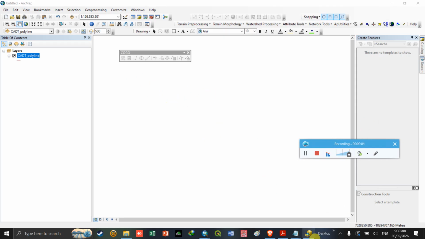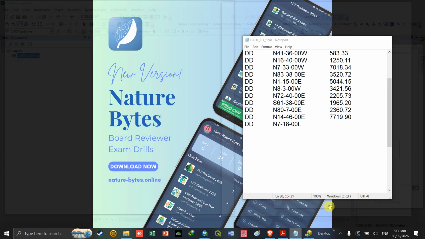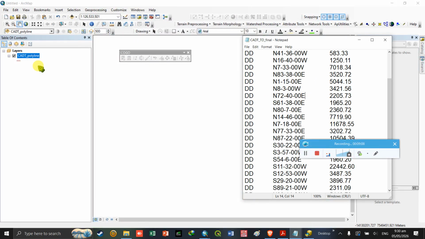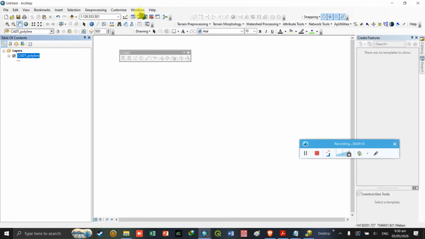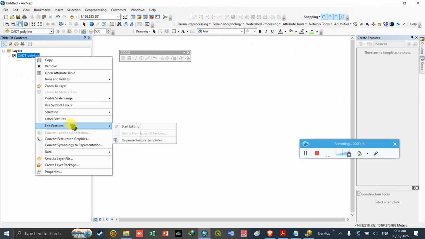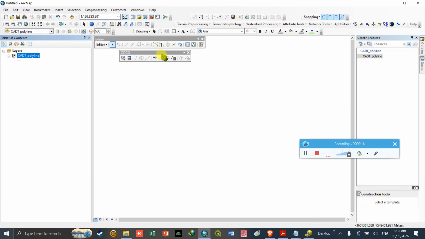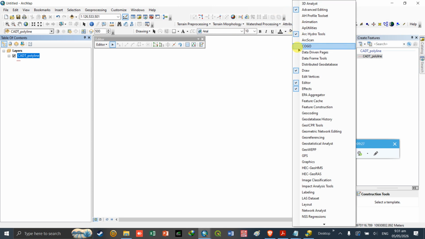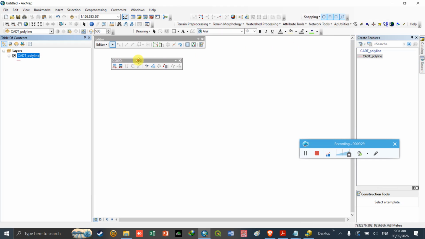It's because we need to load data into this polyline. So we need to start editing, and if you don't have the COGO toolbar, you just need to right click on the white space, and then click COGO, and there you have it.